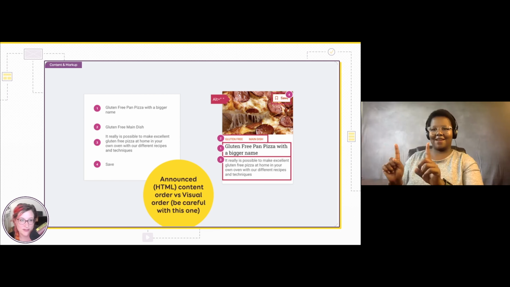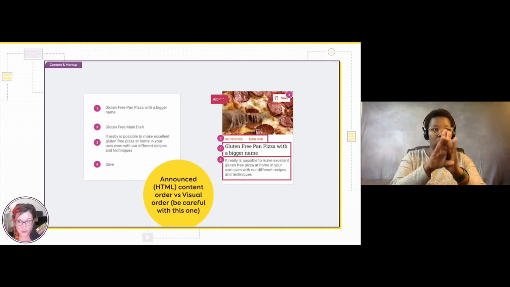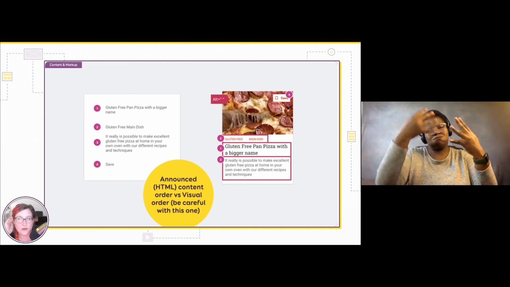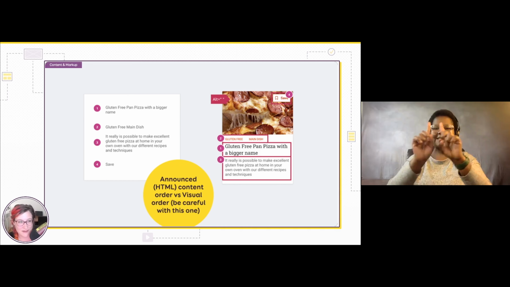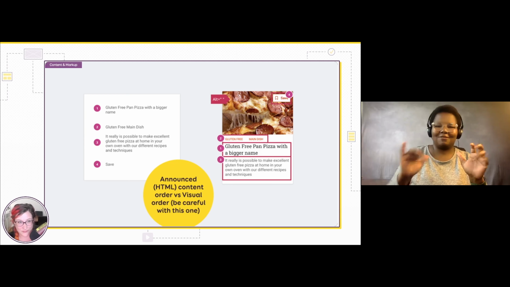But here what I documented is basically, I don't want anything announced for the image because I assume it's going to be displayed with a lot of other cooking recipe websites for a lot of other pizza recipes, and it might be annoying to have the screen reader say "slices of pizza" every 2 seconds. So no alternative text for the slice of pizza.